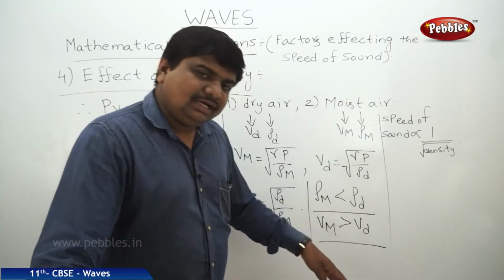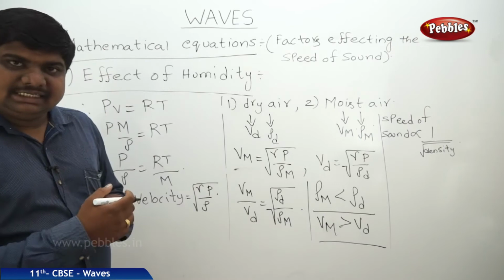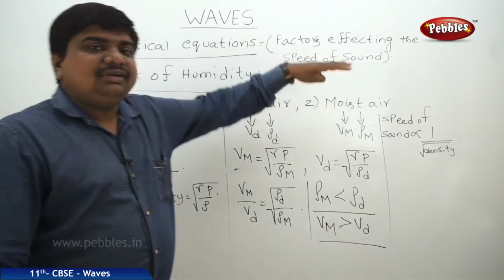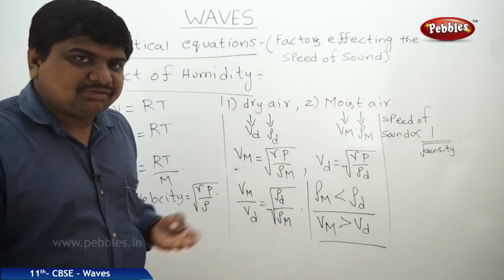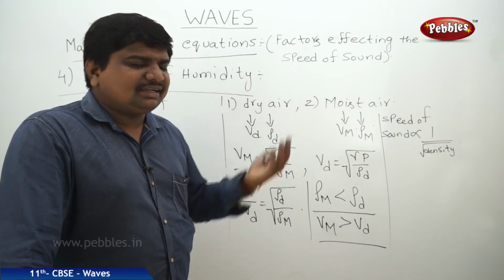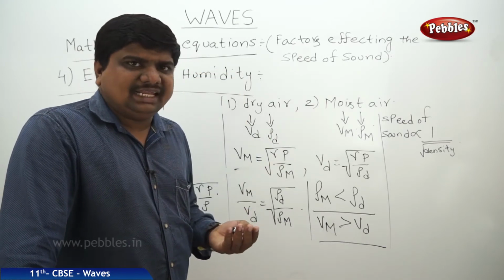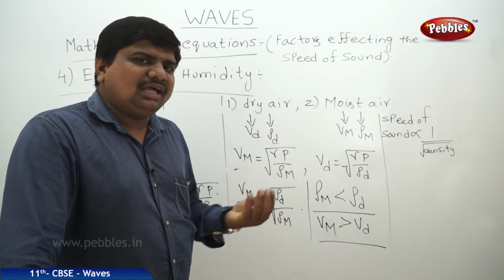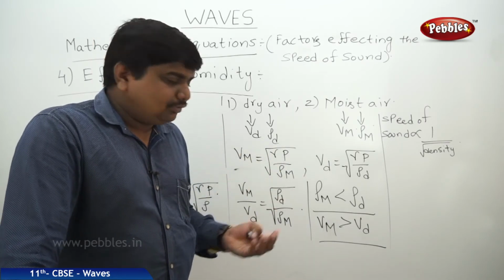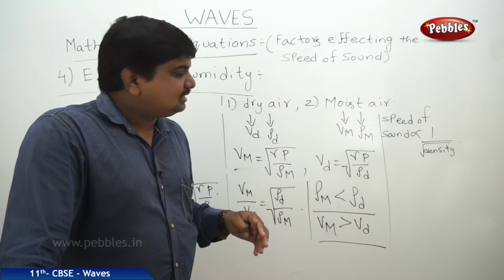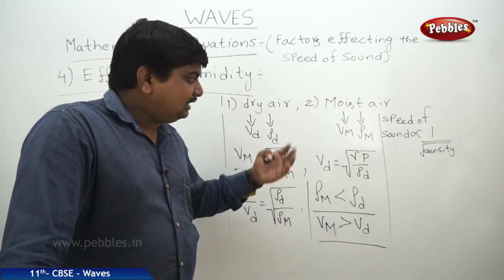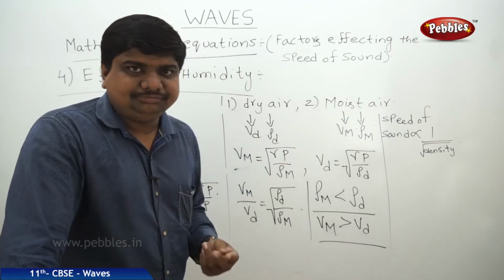So like this, we can observe all factors that are affecting the speed of sound in different media. One is pressure, second one is humidity, third one is temperature, fourth one is density. Remaining factors like the direction of the blowing air are a small influence, not that much influence on the speed of sound. Only these are the factors that can affect the speed of sound in a rigorous way and in a greater way.